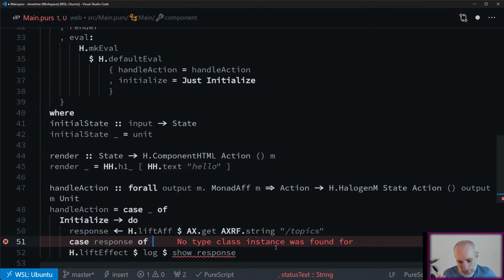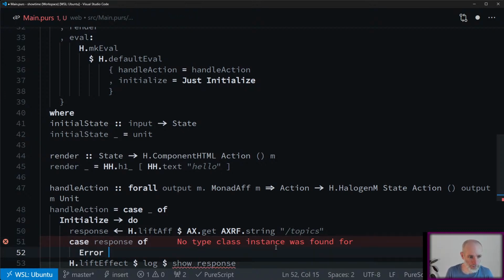So if you have an error, it just turns into nothing. It throws the error away. But if you have non-error, then you get that back as just that thing. So it's like a quick way of saying I don't care about the error, but I kind of do care about the error. So we can say error E,